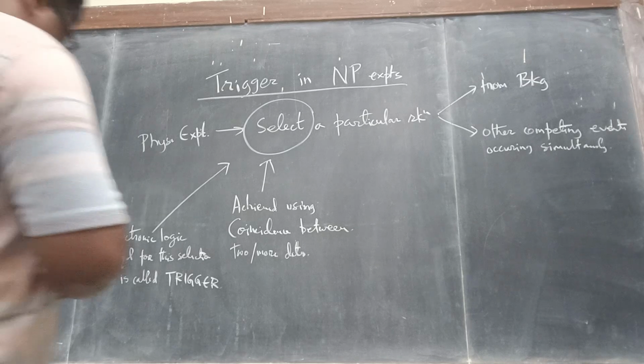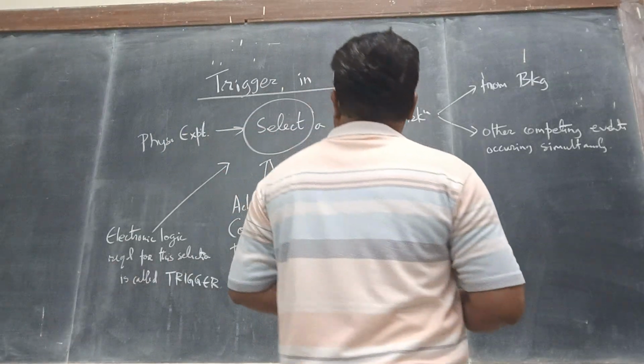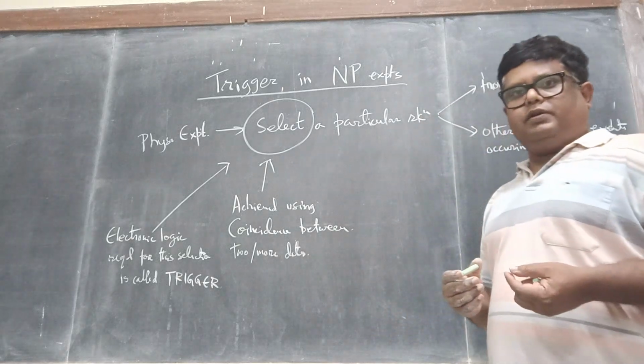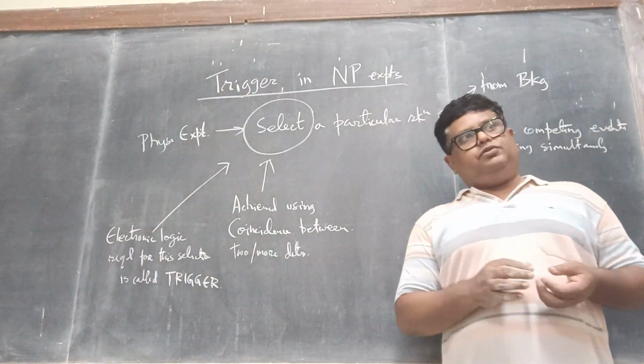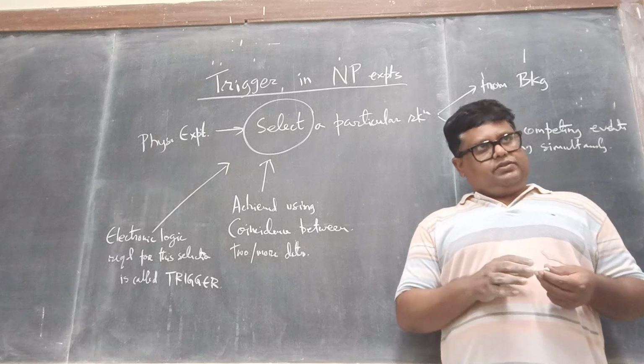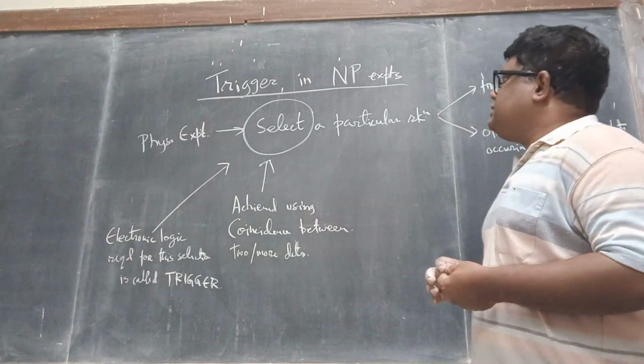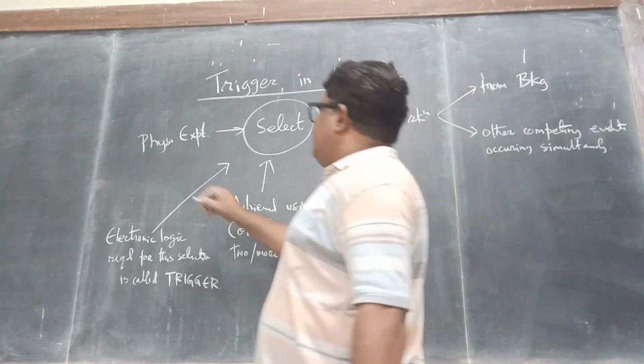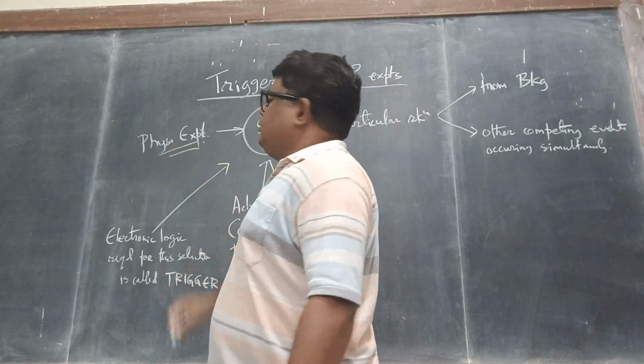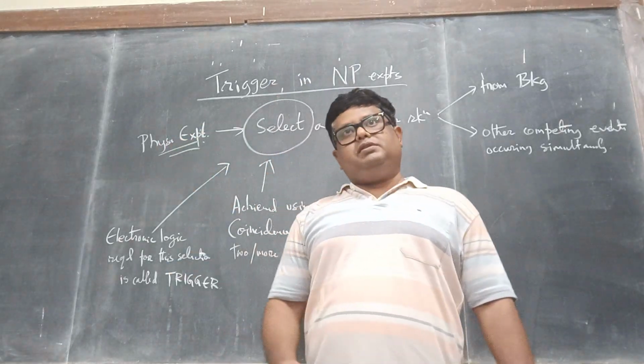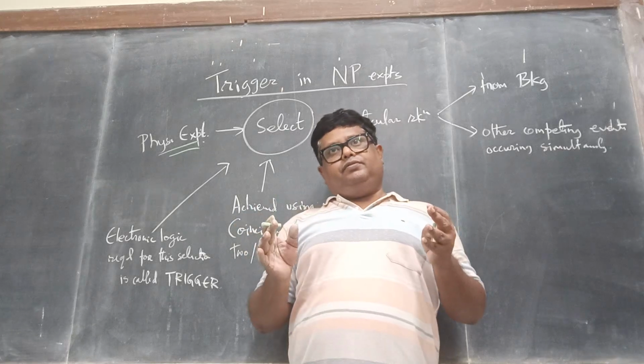Okay, so today we are going to talk about trigger in nuclear physics experiments. There is another name for this, which is channel selection. Now the basic idea is, in any physics experiment, several types of